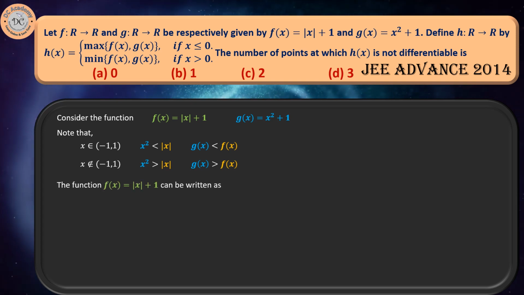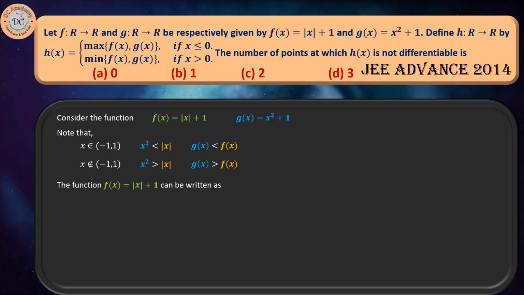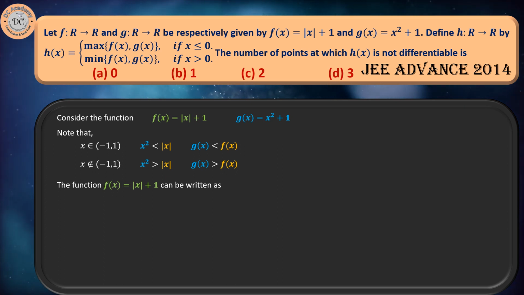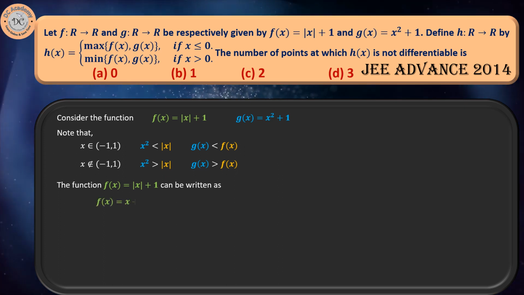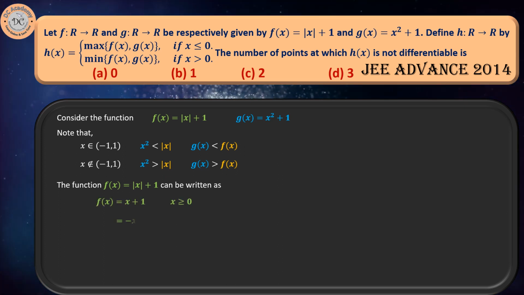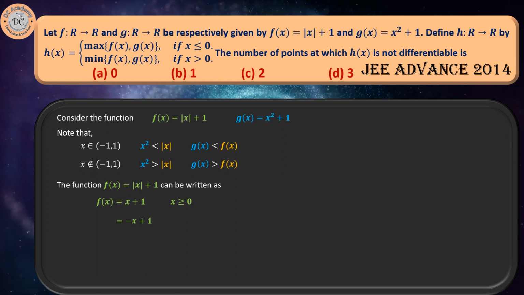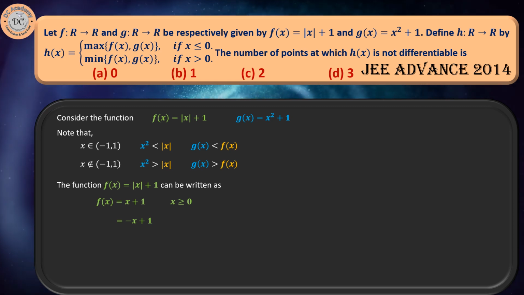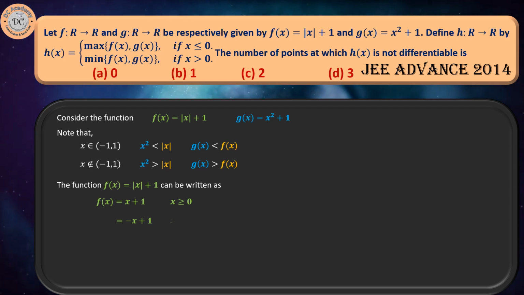Now we note that the function f(x), which is equal to |x| + 1: when x is greater than 0, it will be equal to x + 1. When it's less than 0, it will be -x + 1. This is a direct use of the modulus function. Now,